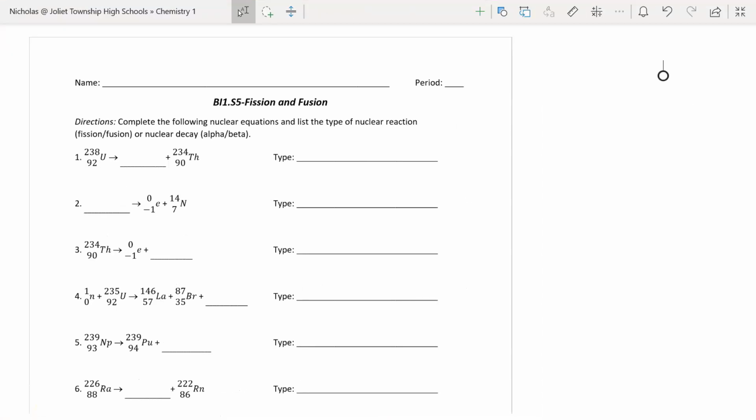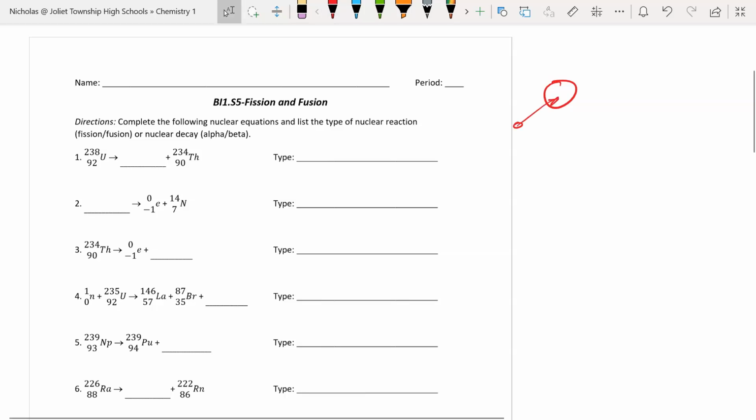All right, in this video we're going to be going through the Fission and Fusion practice worksheet. So we have both fission and fusion. Fission, we are taking a nucleus of an atom. So here's our nucleus, and we're going to bombard it with neutrons. That nucleus is going to then break into two smaller nuclei, and it's also going to release three more neutrons in the process. When it does this, it's releasing energy, and we use that energy in nuclear reactors to generate